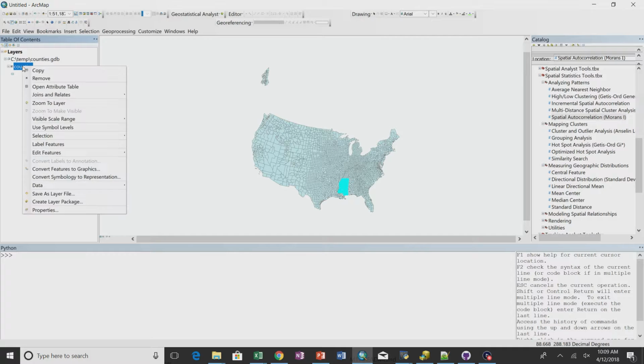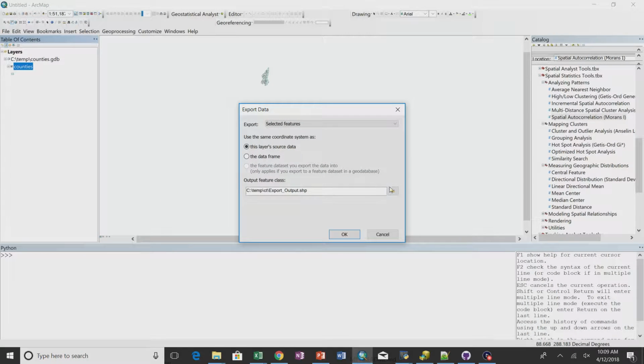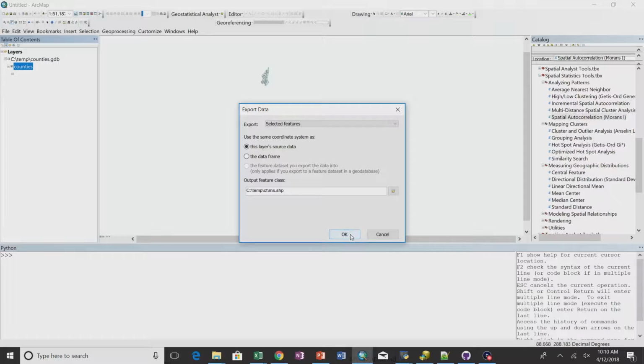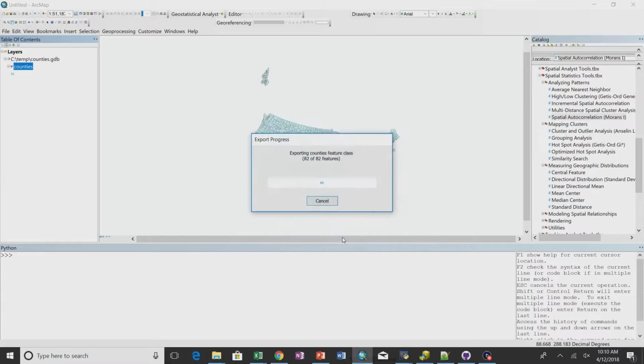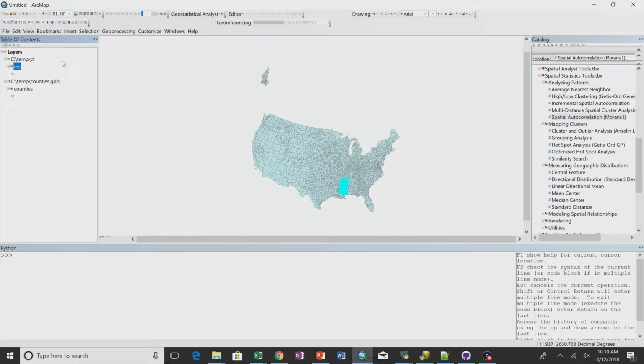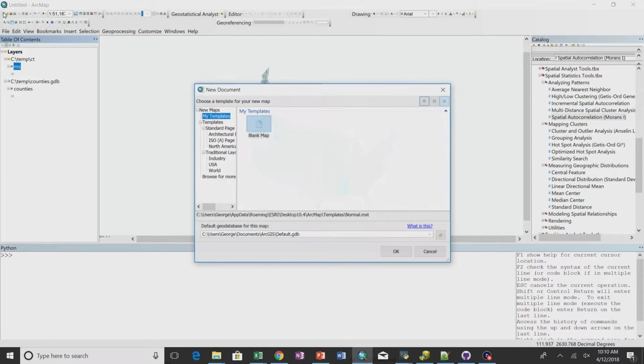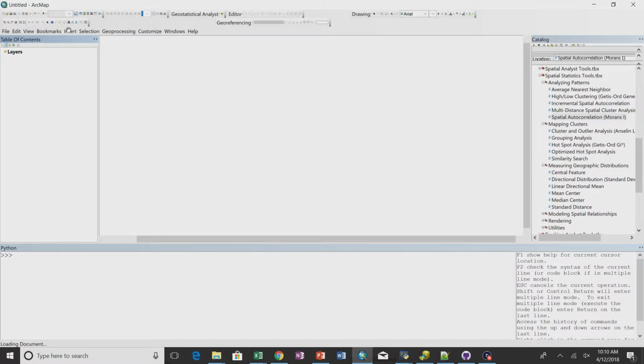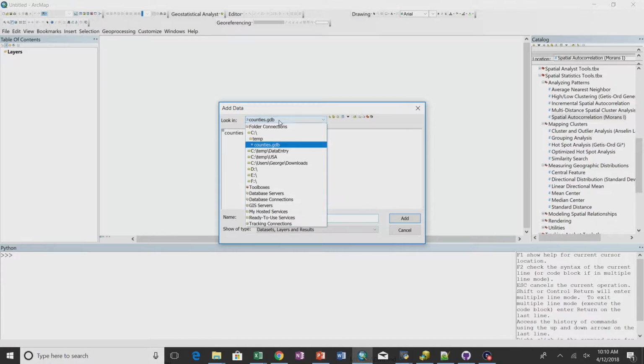Okay, so I am going to go ahead and export Mississippi out as a separate unit. I'll put it right there. Call that LS. Selected features, the data frame. Okay, yes. I'm going to start over and just reload. All right, so